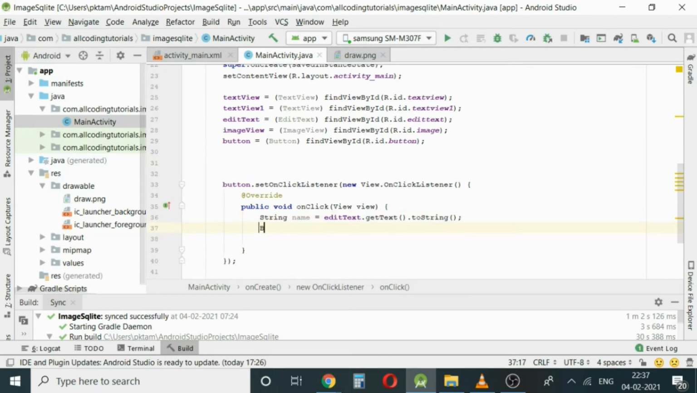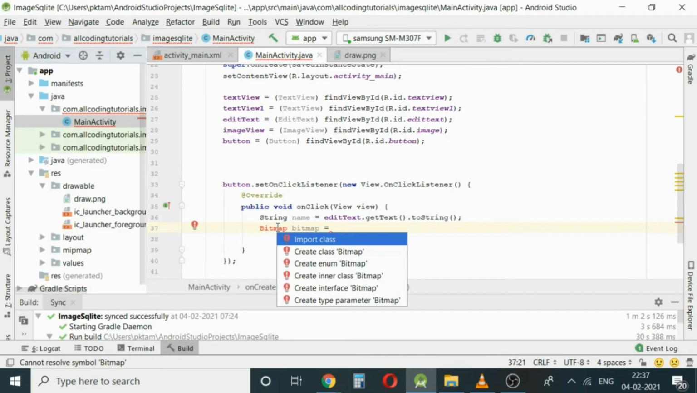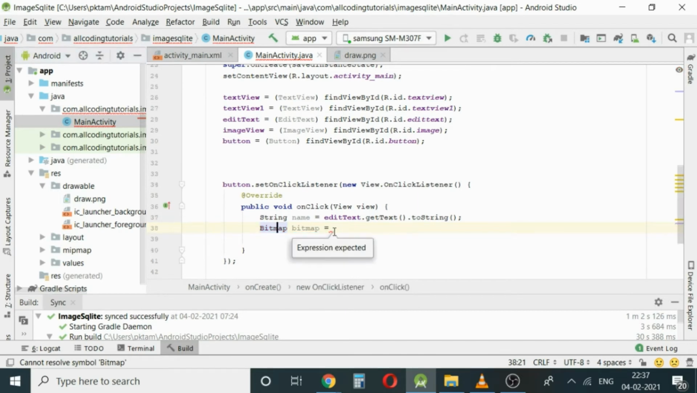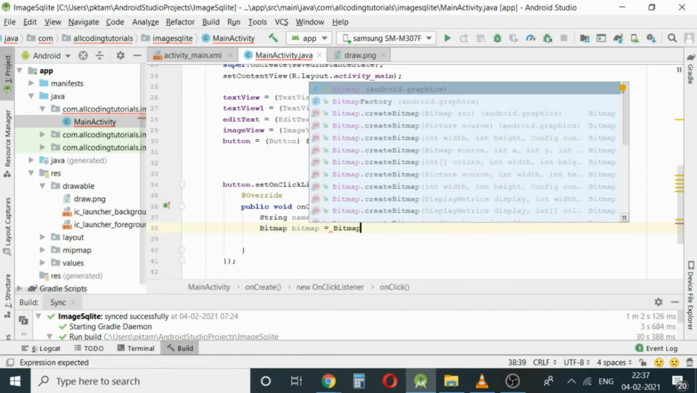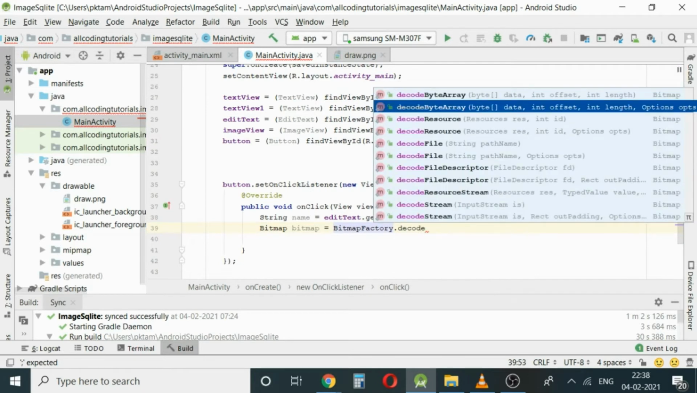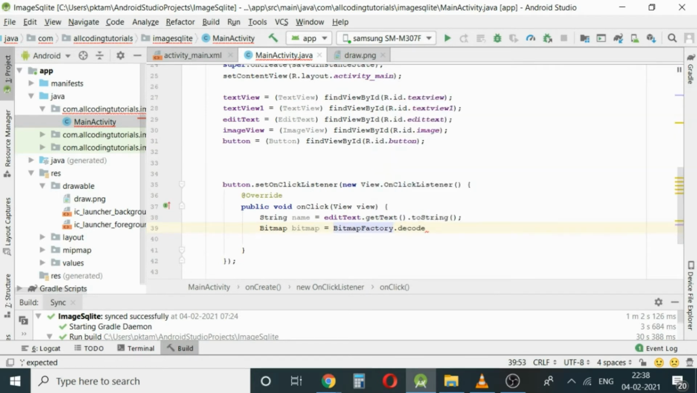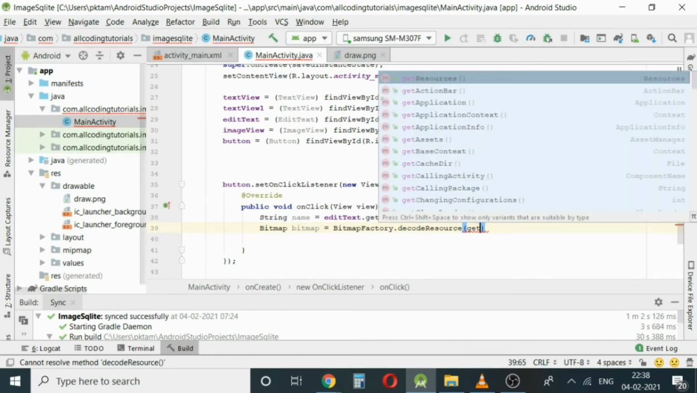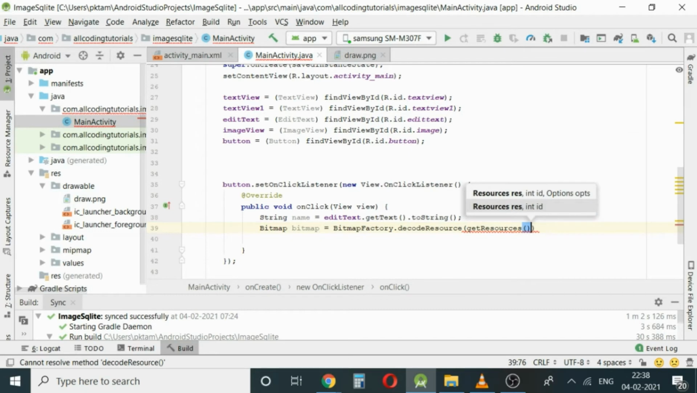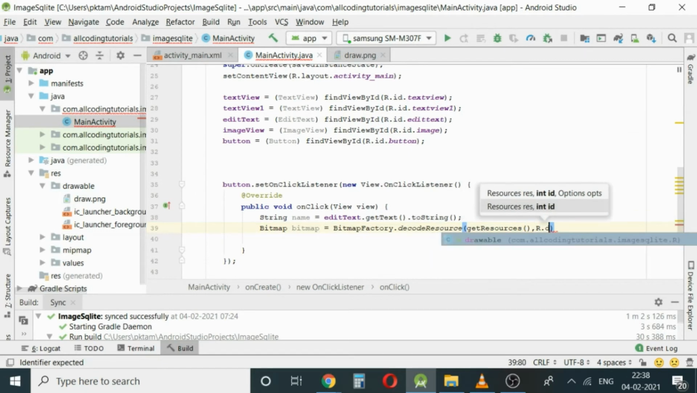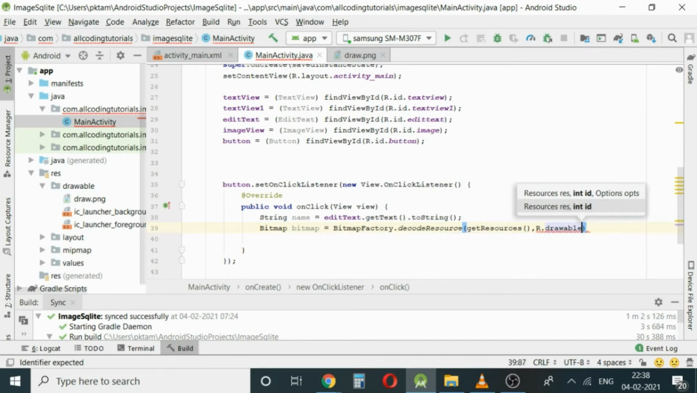And after that, we will create a bitmap object. Bitmap equal to, so we'll import this class and then we'll write BitmapFactory dot decodeResource. So what it does, it creates a bitmap from any of the resources. It can be a drawable image in your storage. So we'll write getResources comma R dot drawable dot our png file, that is draw